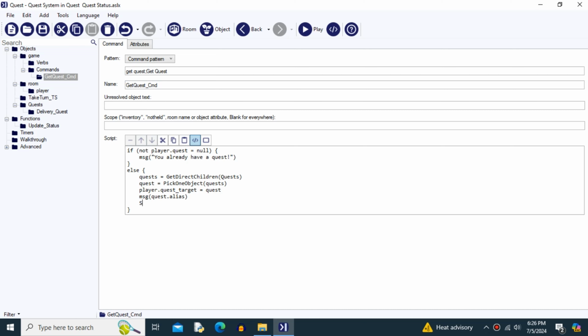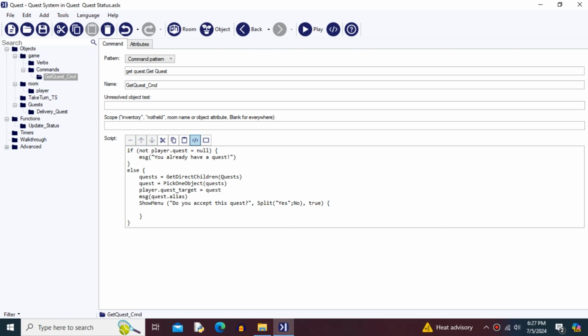And after that, we're going to do show menu. And then we want to prompt, do you accept this quest? And then the player can either do yes or no. So we're going to do split yes or no to create a string list. And then the last parameter is going to be true. And inside of here, we're going to do